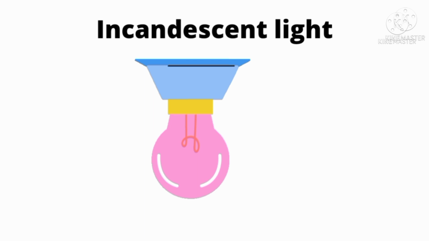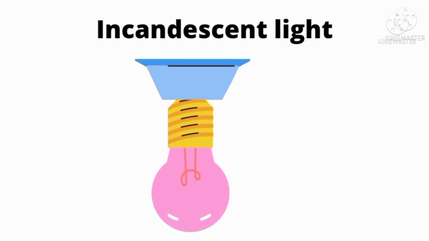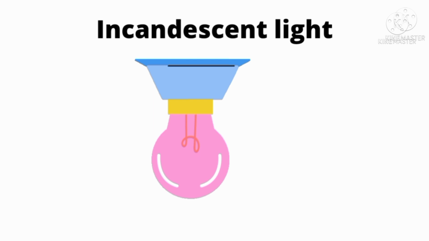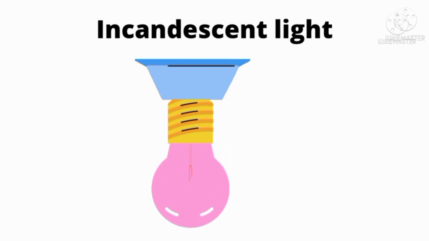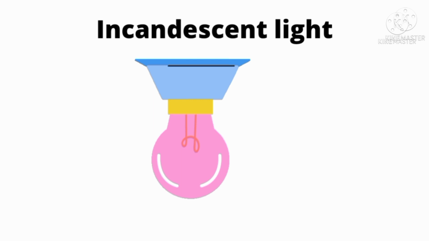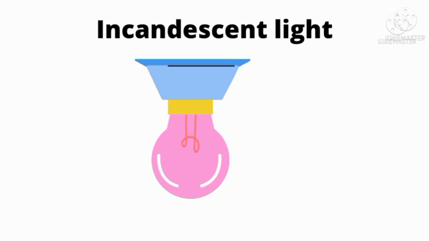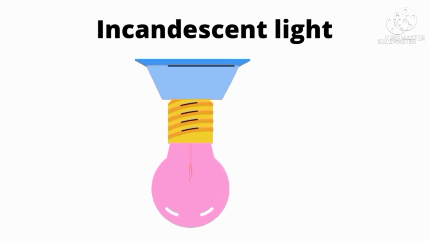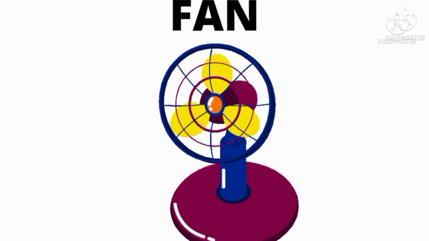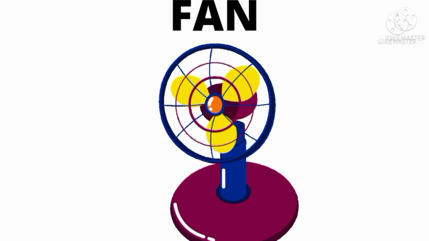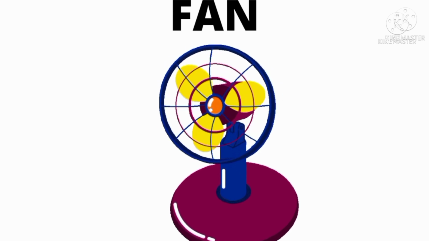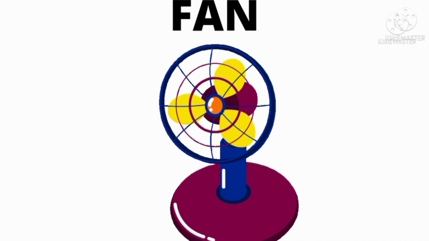Does our incandescent lamp require a microprocessor to work? No, because whenever we switch it on, it will start glowing, and whenever we switch it off, it will turn off. We know it's working. But if we want to automatically turn a light in a room on or off by detecting human movement, we can use a microprocessor. Similarly, our normal fan system does not require a microprocessor. But if we want to turn it on or off or regulate it according to the temperature, we can use a microprocessor and program it accordingly.